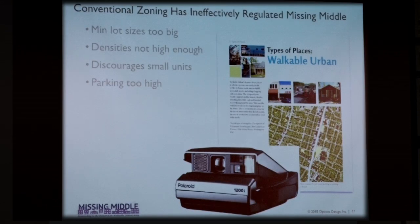So what we typically find if we look at zoning codes is that the minimum lot sizes are too big. Basically, it requires too large of a lot size to fit multiple units on it, right? So getting rid of minimum lot sizes is important. The densities aren't high enough, right? The densities are designed for single-family homes. Various unintended consequences lead to discouraging small units, which I'll talk a little bit more about, and the parking is